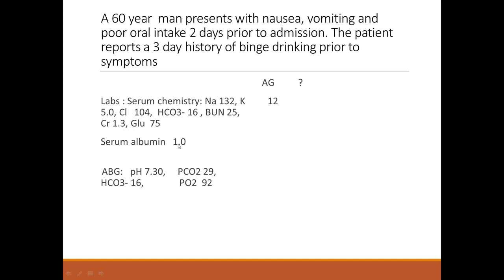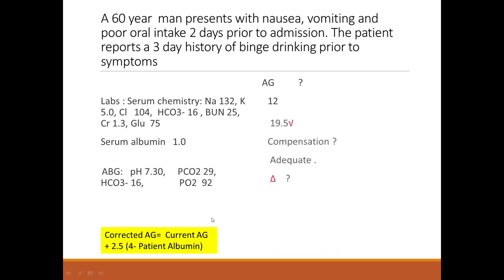anion gap, we need to use this formula where we put the current anion gap plus 2.5 into bracket 4 minus the patient's albumin. So here this will make almost 19.5. This is the corrected anion gap. If we do not consider albumin, then we may mistakenly say, okay, this is normal, but this is